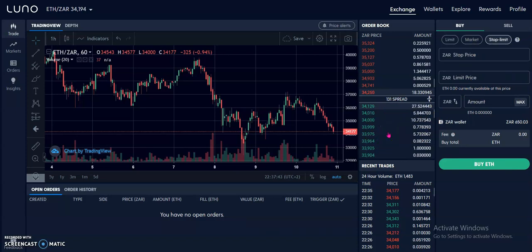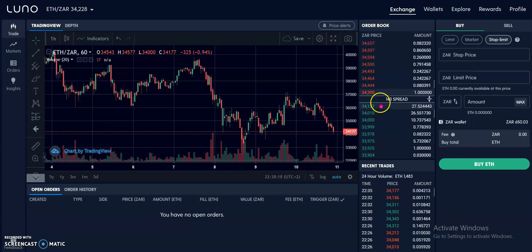So let's have a look here. If we look at the order book, all the red values are the sellers that are selling Ethereum to us. So as an example, this particular seller, the lowest price for selling is 34,300. And all the green orders in the order book are the buyers that are prepared to buy at a particular price. So the best buying price currently is sitting at